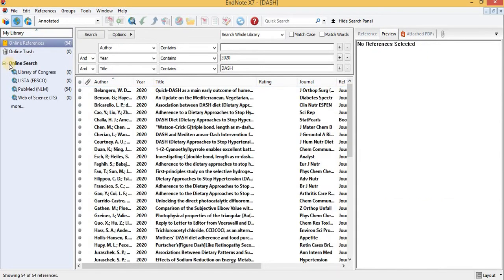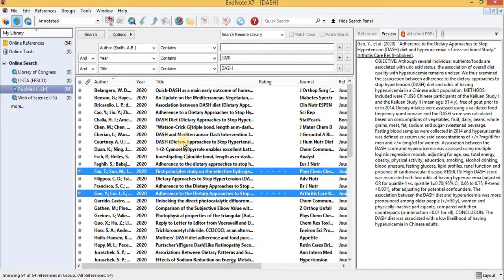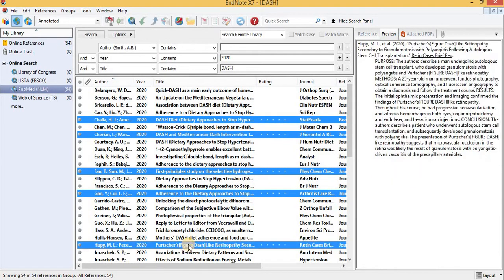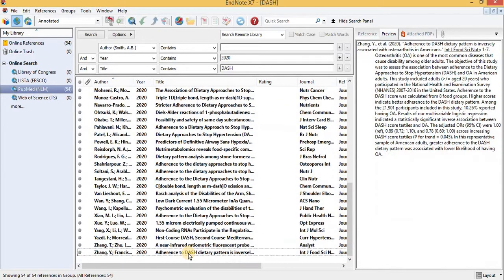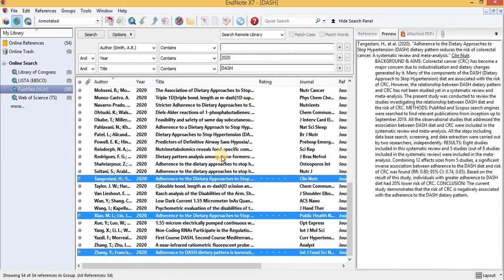But I would like to select more from them. If I would like to select multiple articles, then I have to press the Control key, then I can select whatever articles in which we are interested.